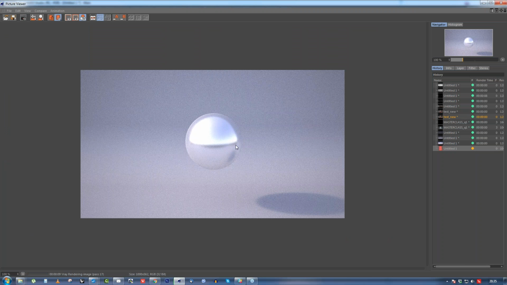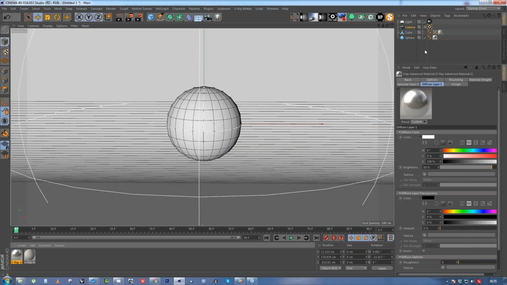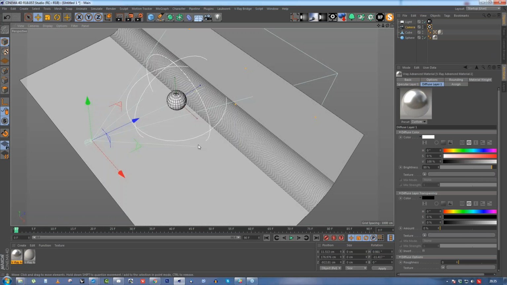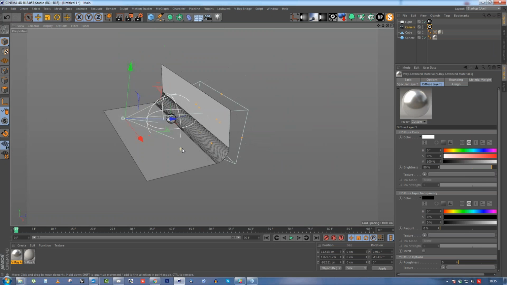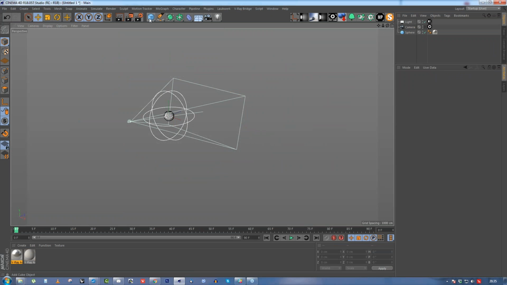Good, so we have our chrome. Now maybe the problem is that we don't have much of the environment to reflect, so probably one thing that we could do is, let's take a look. Maybe one thing that we could do, in theory, is exchange this with a bigger sphere,